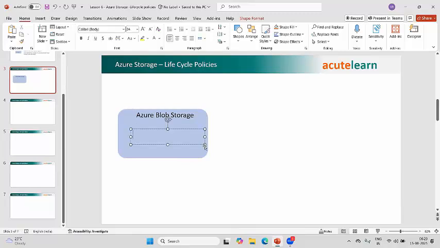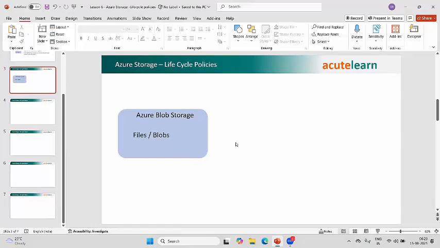We keep on storing the files as blobs. Now if you don't manage the storage properly, we might incur a huge storage cost. So what happens in this case? When the files or blobs are stored in Azure Blob Storage,